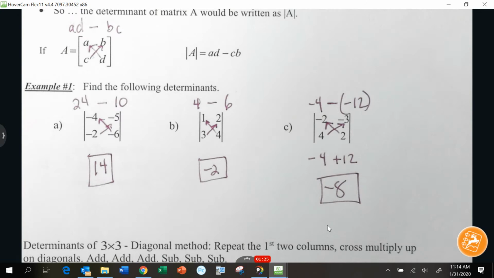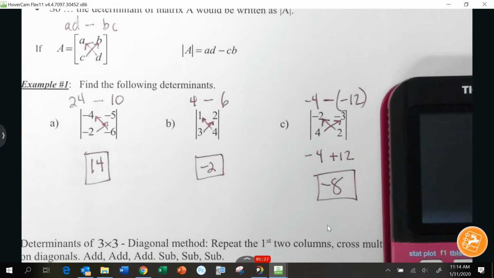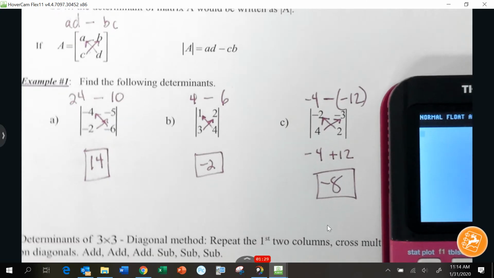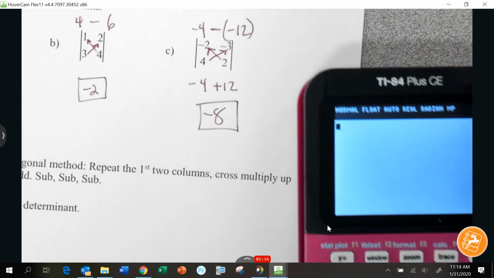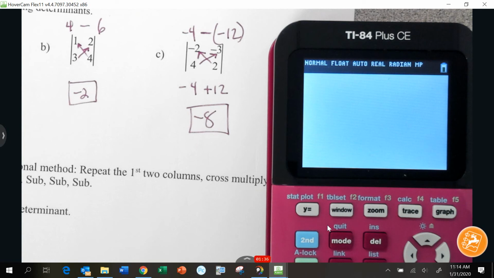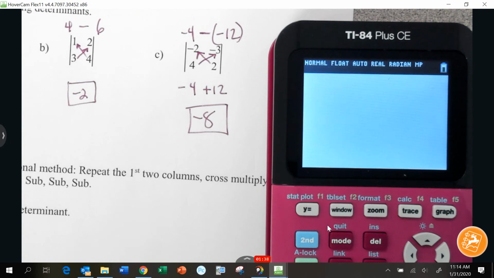You can do determinants on the calculator. Did you do some calculator stuff in yesterday's notes? I feel like you did, but I can't remember what it is right now. Anyway,